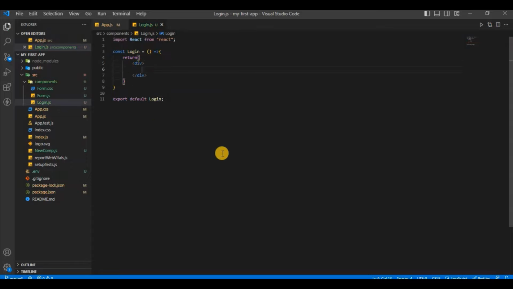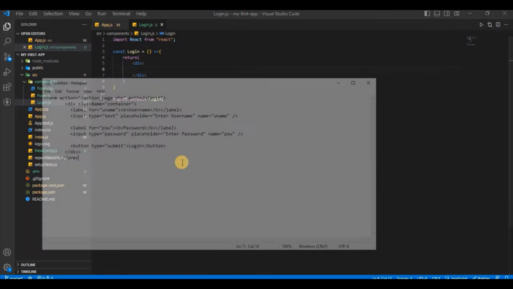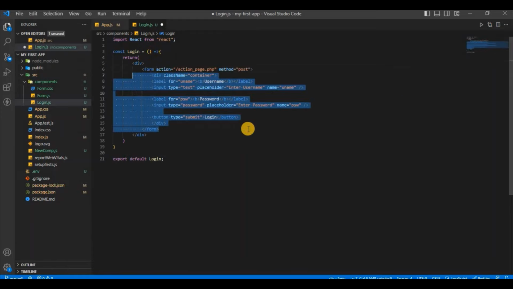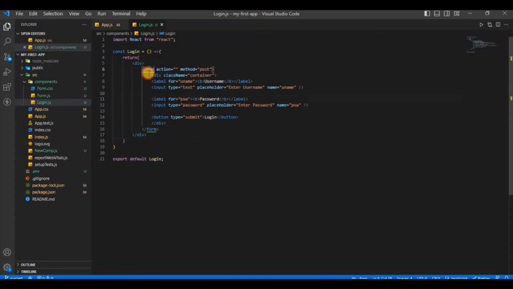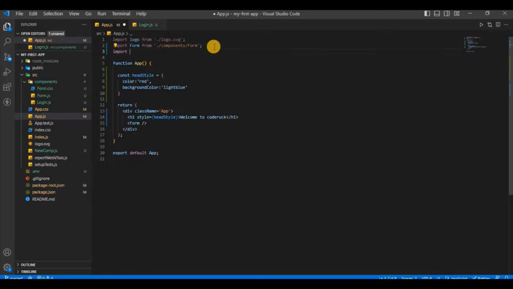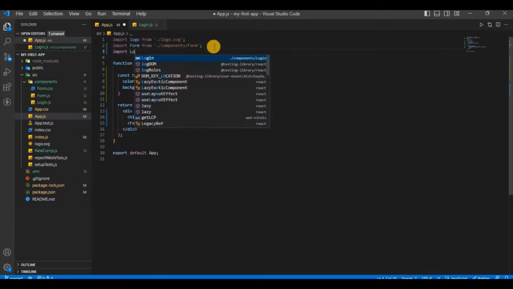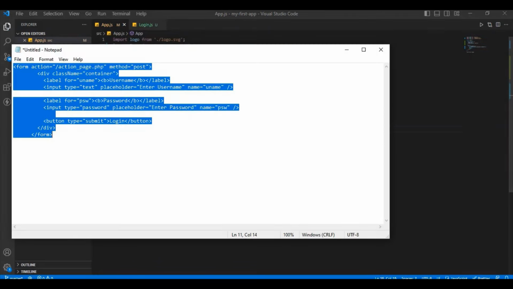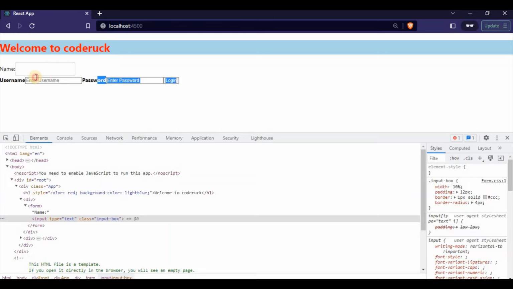Okay, now I already have one HTML, that one I'm going to add first. It is a normal login form HTML that I have written. So you can see we have form, input, label, and all these things. Now if I import the same, just like we did for form, import login from login. Okay, now if I import this one, now you can see there's no styling, nothing. Now what we gonna do,